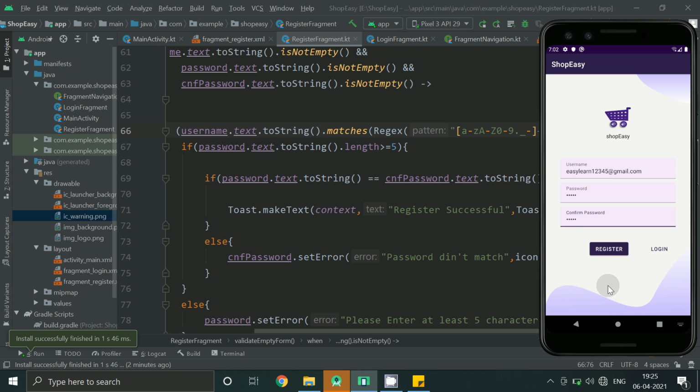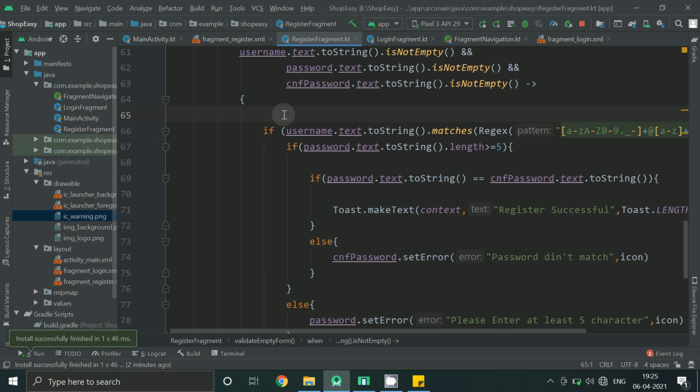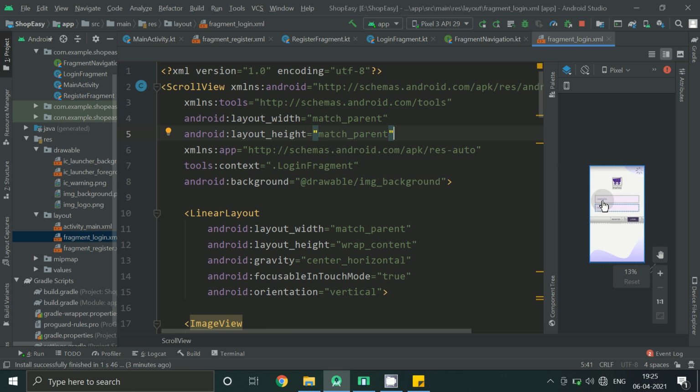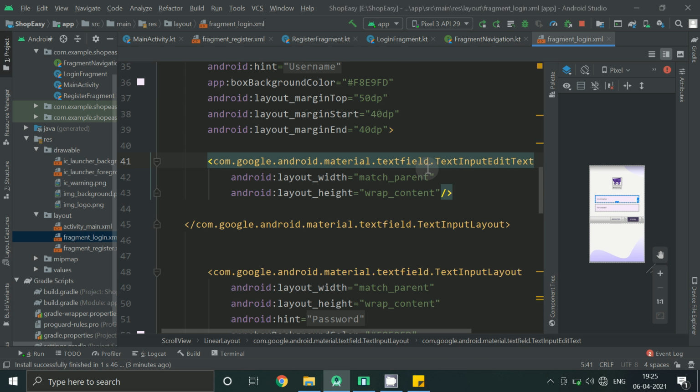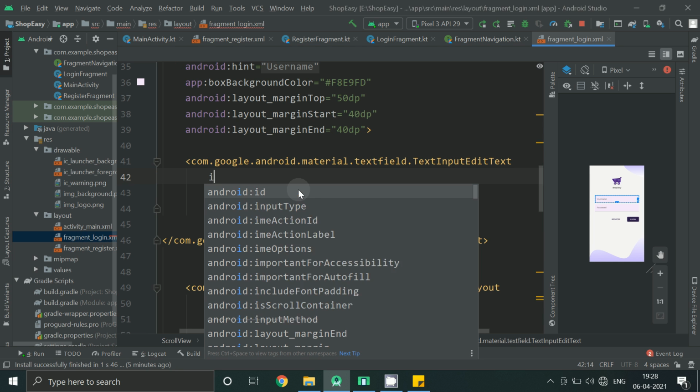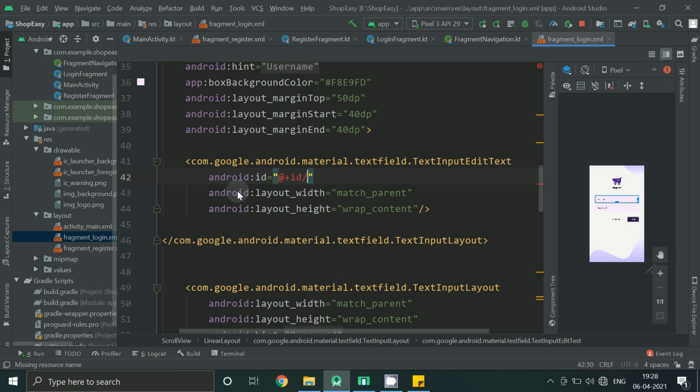So now let's do the same thing for login screen. Let's go to fragment login.xml file. Now let's give some ID for username for login screen.